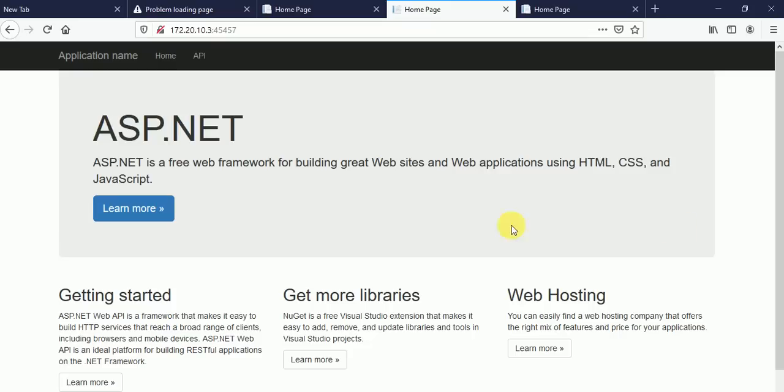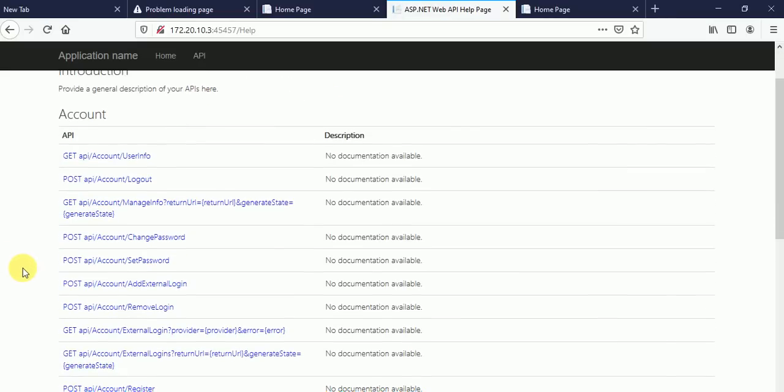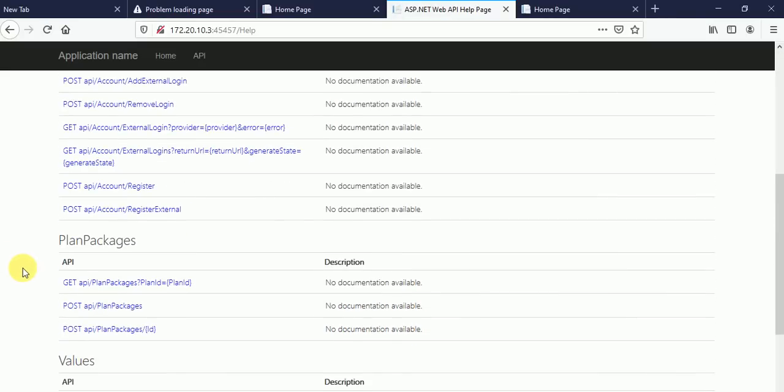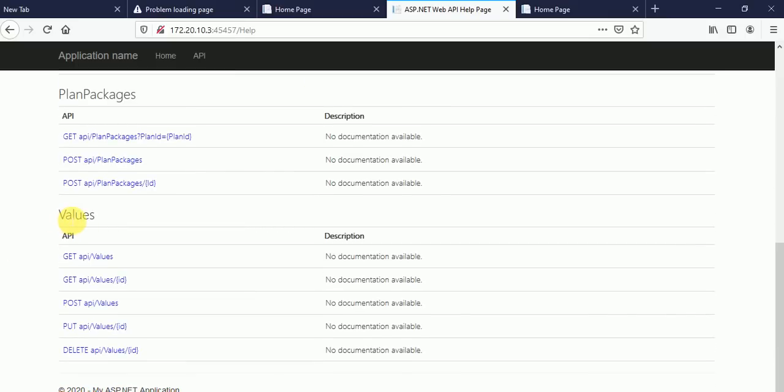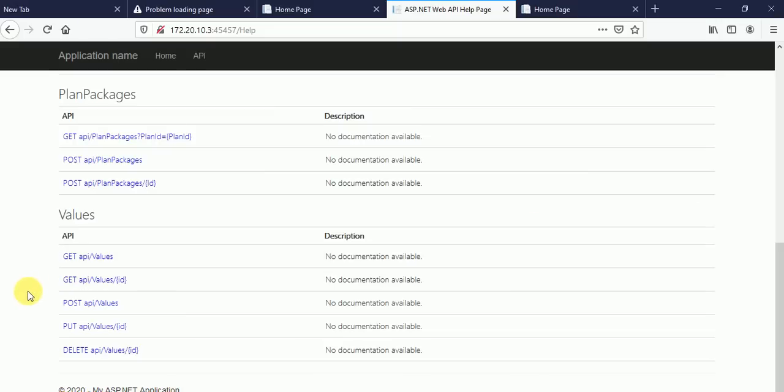Now if I click on APIs, here you can see all the APIs. Here are the account controller, plan packages controller, and value controller. We have three controllers, and the home controller also.